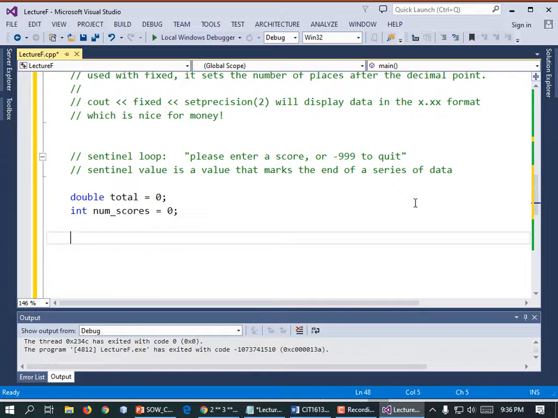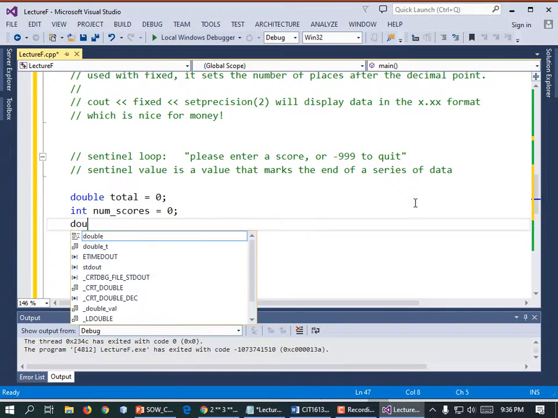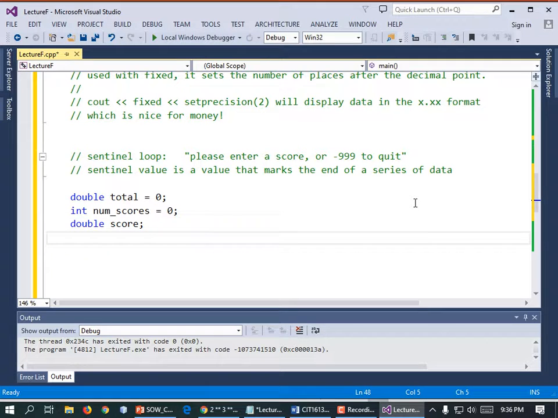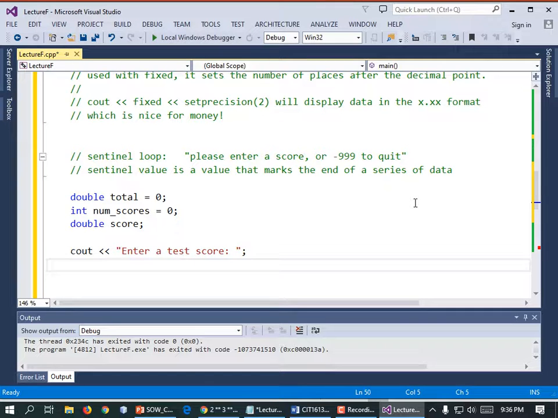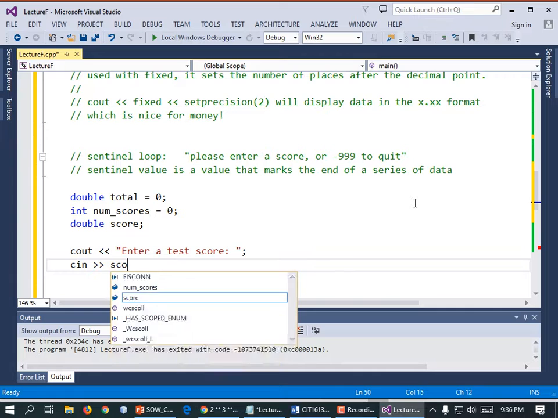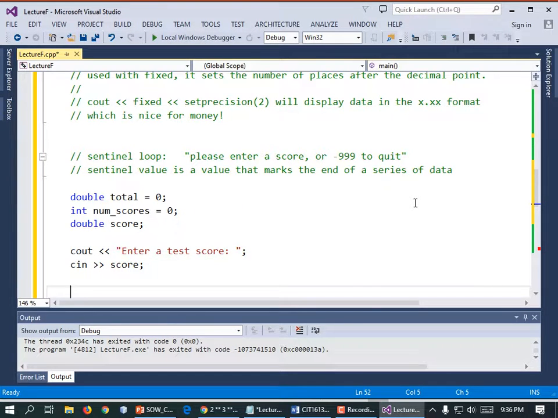All right, so let's ask for a score. We need a variable to hold our score. double score; cout << "Enter a test score: "; cin >> score;